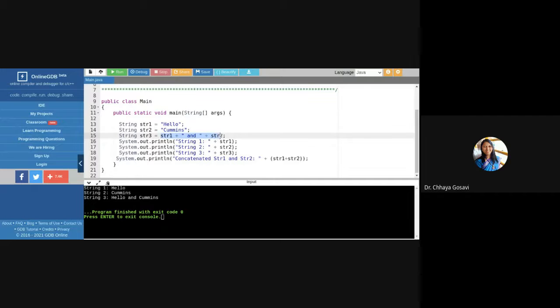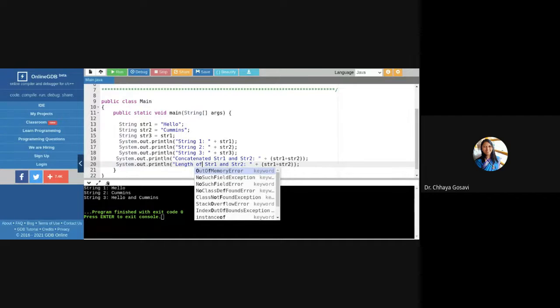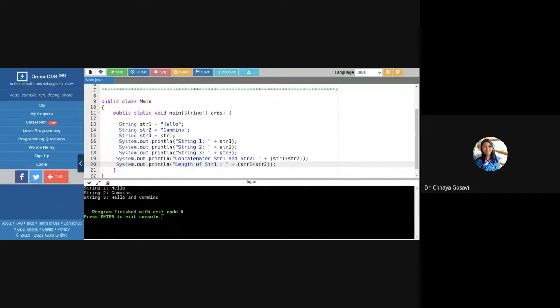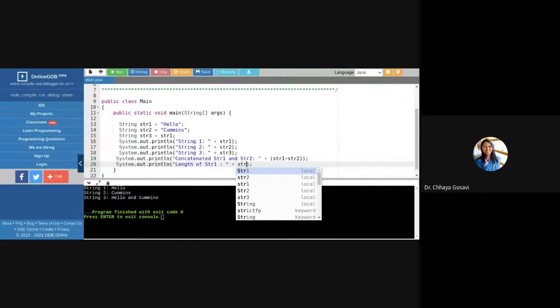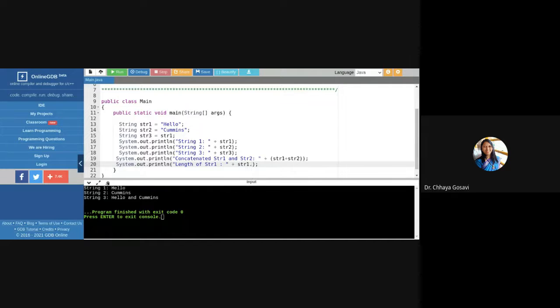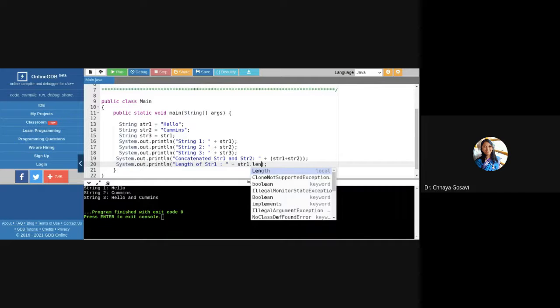I'll just say: length of str1 is. Like any other function of any class, we call it with the object name, that is str1 dot, and this function length.